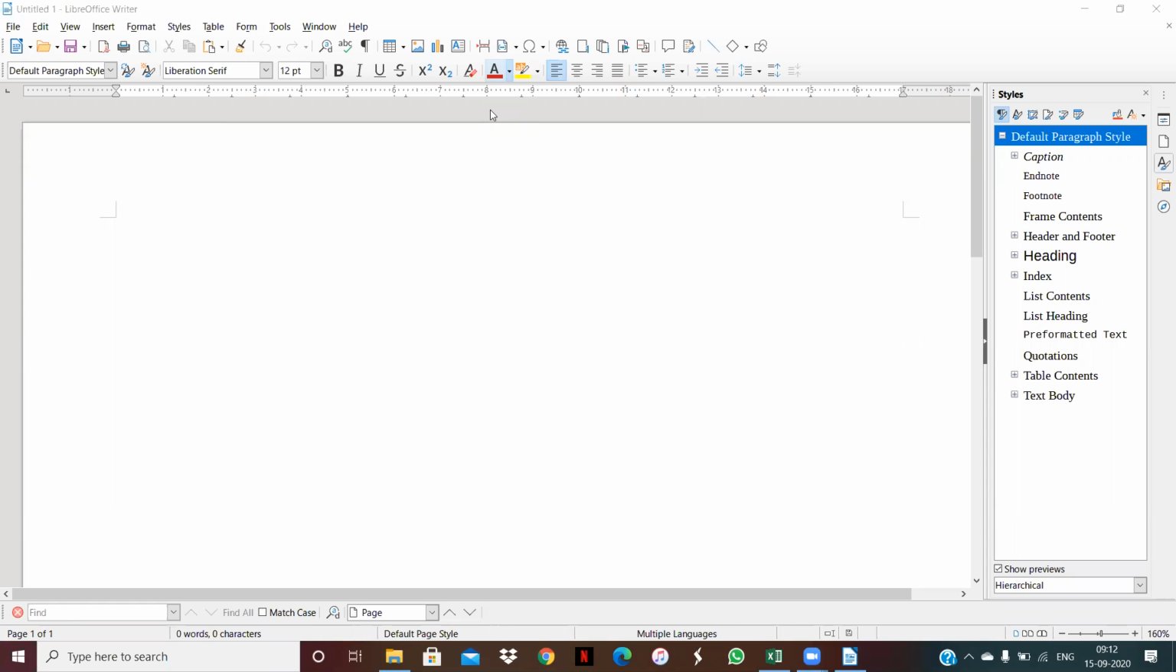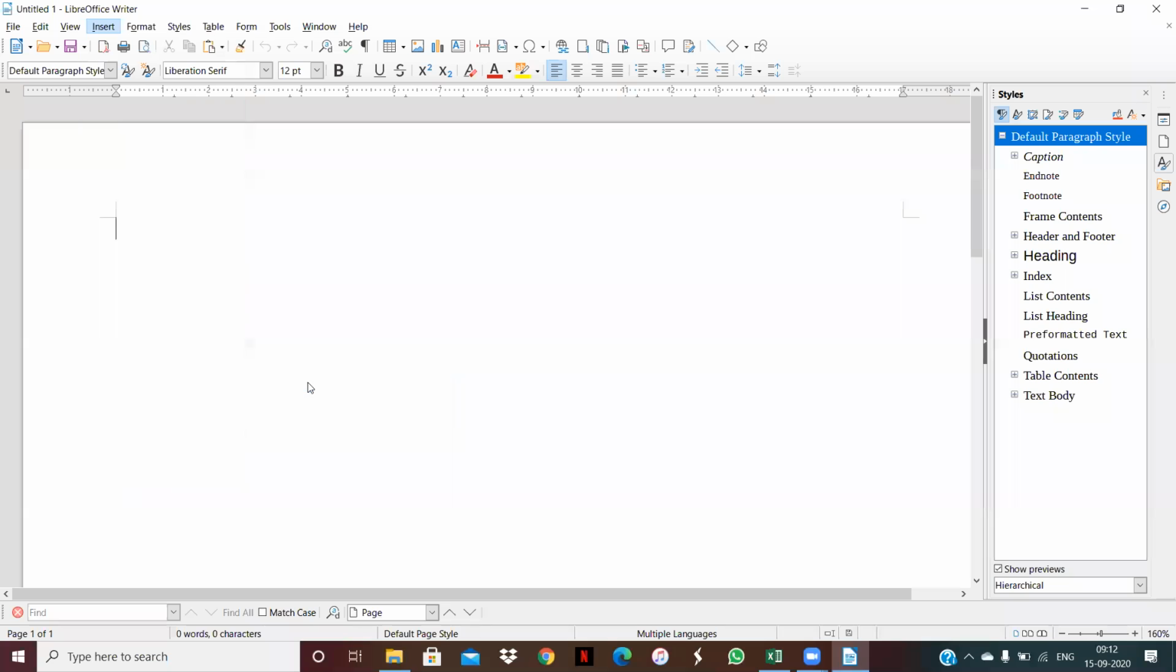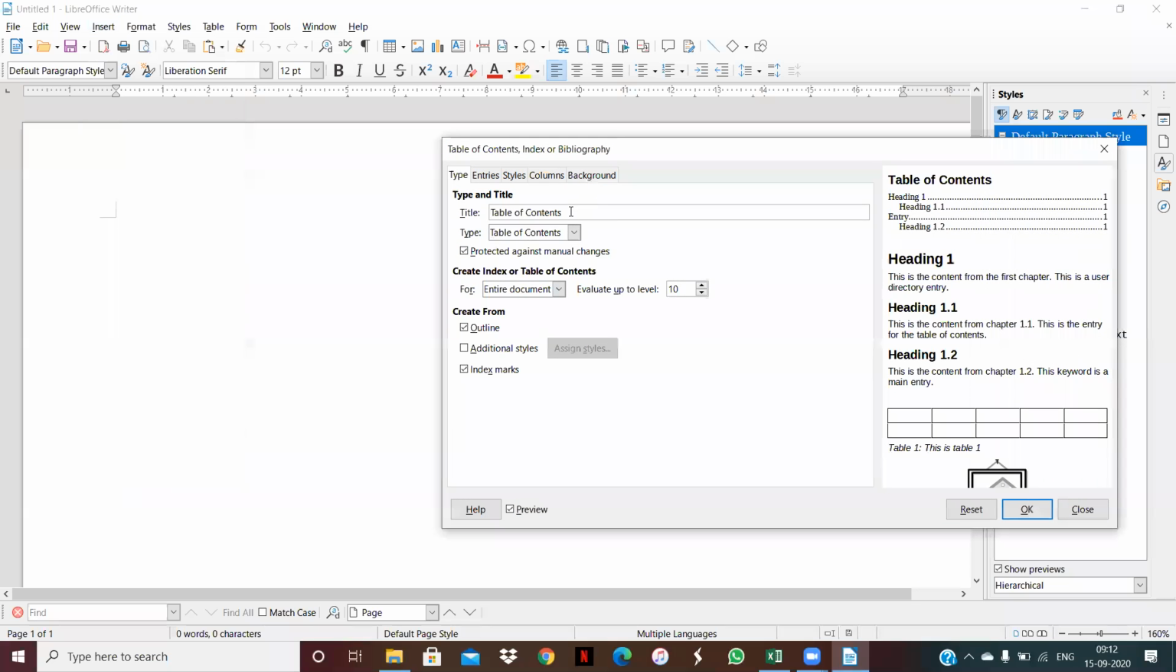For that, first click on Insert. There we will find Table of Contents, Index and Bibliography. Again, a dialog box will appear. You will write down here